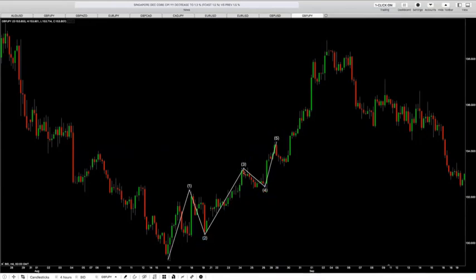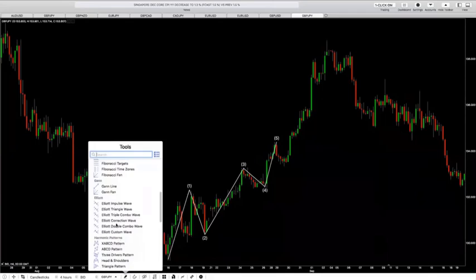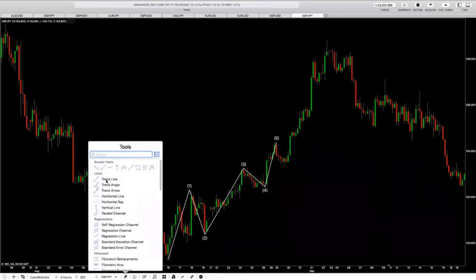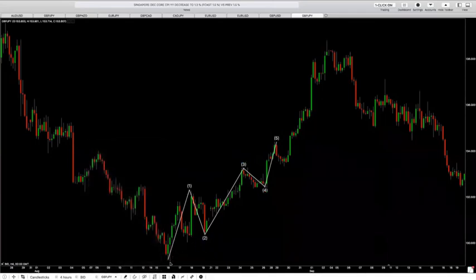Now the market created a higher high, meaning that this was the low, this was the high, this was the higher low, and this was the next high. This high is higher than this former high, meaning that the market is pushing up and breaking the structure. So the market is still going up. As the market is creating higher low points and higher high points, it is showing that it is in an uptrending motion. And then what you can do when the market is in an uptrend is draw a trend line.